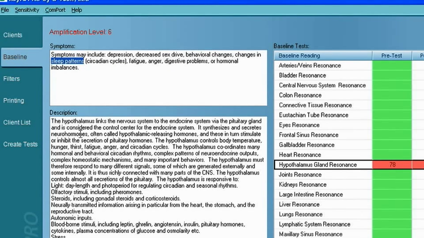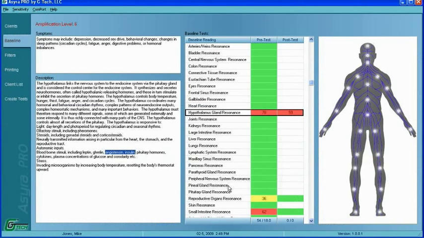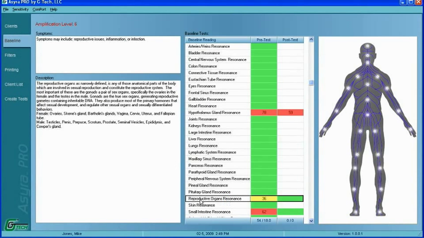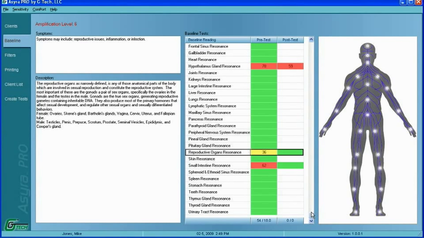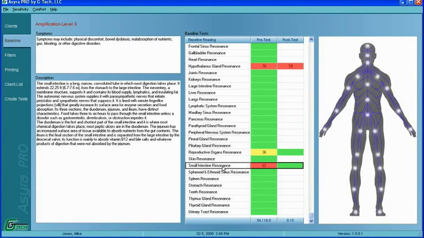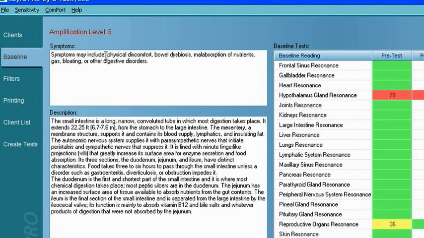I would also read through the description, and if he has any of these symptoms, I would right-click on those, copy it to my notes. I would then go to the next area, we're looking at the reproductive organs, and repeat the same process to gather detailed information about this individual. If I look at the small intestine, he may have just physical discomfort in that area. I would highlight it, right-click, copy it to my notes, and do the same process so I can